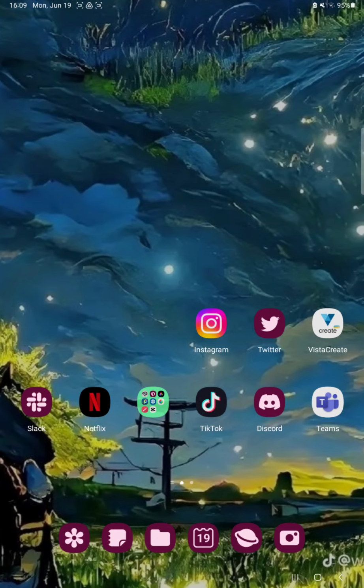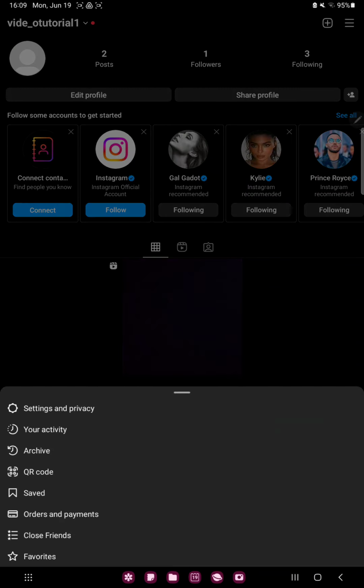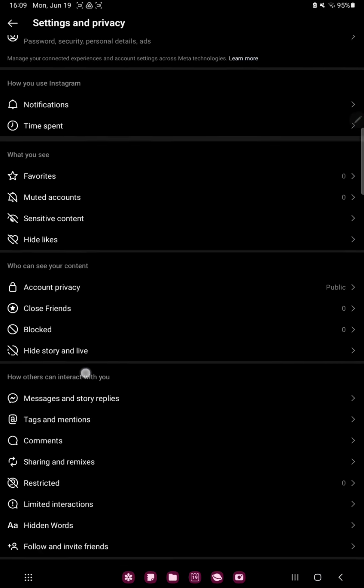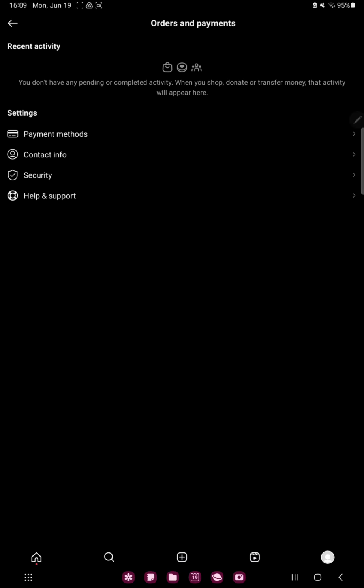First of all, open the application on your device. Go to the profile section at the lower right corner of the screen and tap the three lines at the upper right corner. Tap the settings and privacy option, the first option, and scroll down, and in the your orders and fundraisers section you can find the orders and payments option, and here you can check your recent activity, and